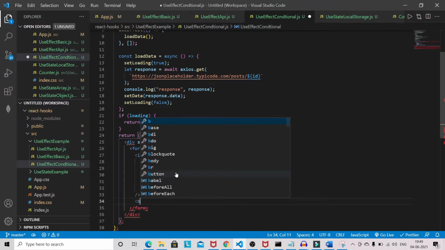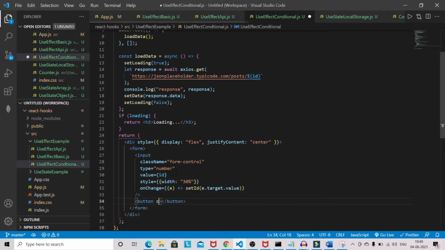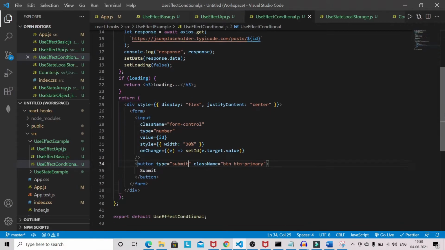I will have a button, className btn btn-primary, and the type will be submit. So just render the component.